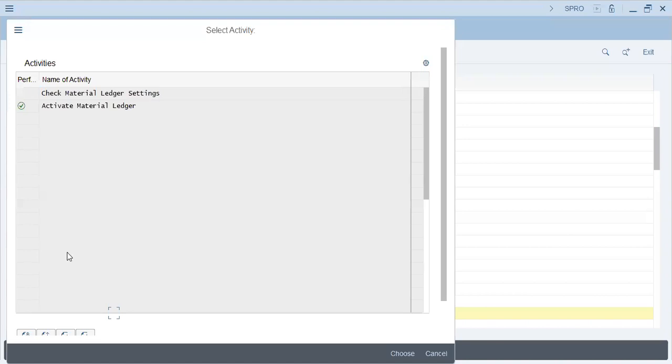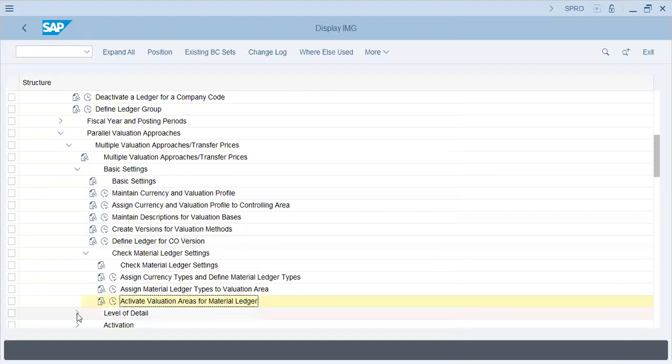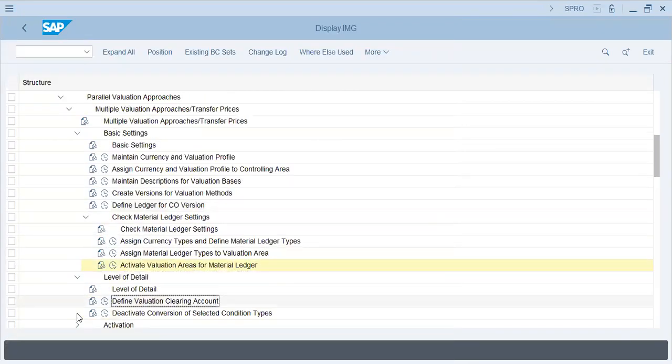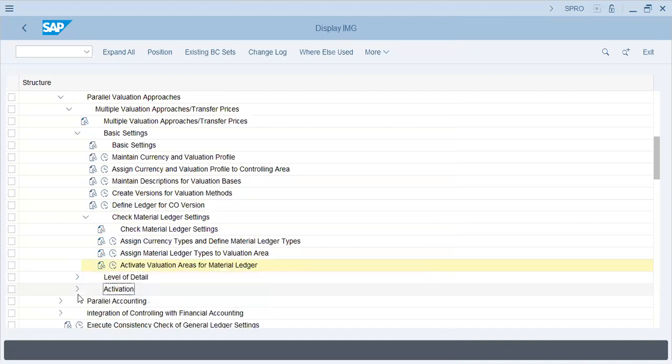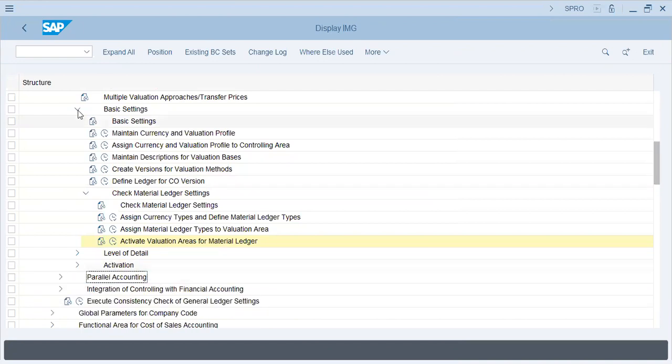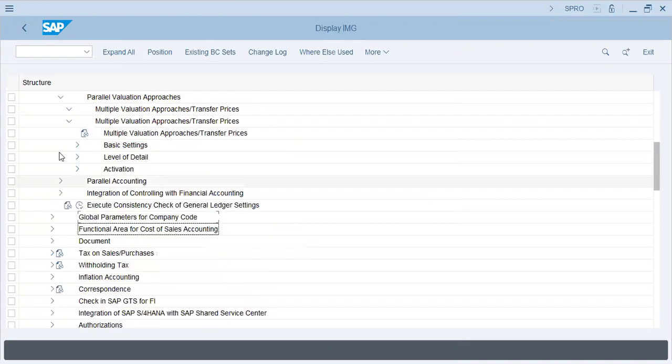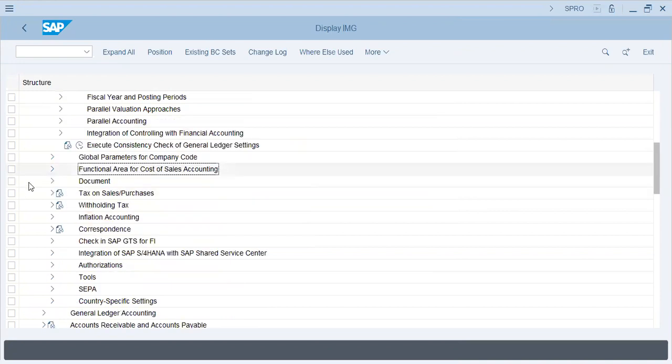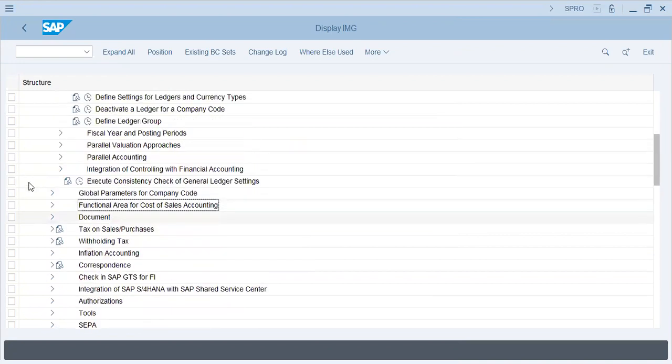Okay, now comes valuation clearing account. Will do this later. Activation will do this later. Once this is done, we come to the next document, important part in financial accounting, and